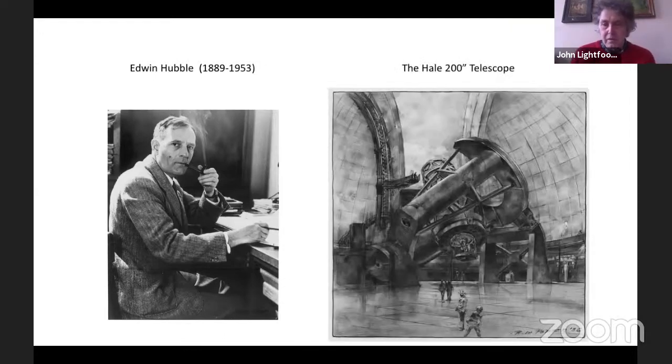And this is rather a nice drawing of the 200-inch telescope done in 1936, I think it says, well before the telescope was actually constructed, but obviously had been designed. The dome is rather a sketchy sort of invention, I think, but the telescope is quite an accurate drawing.